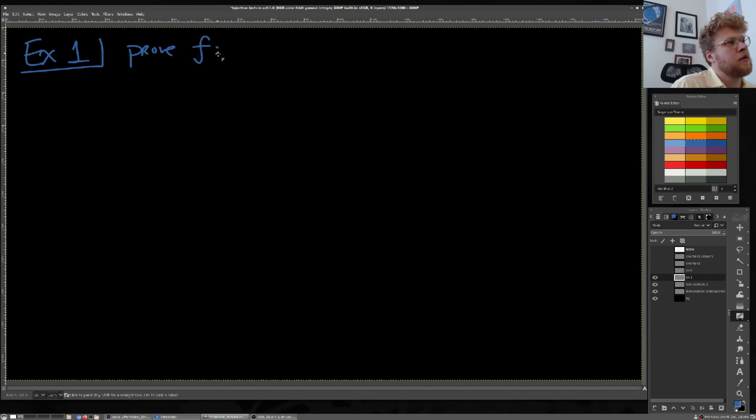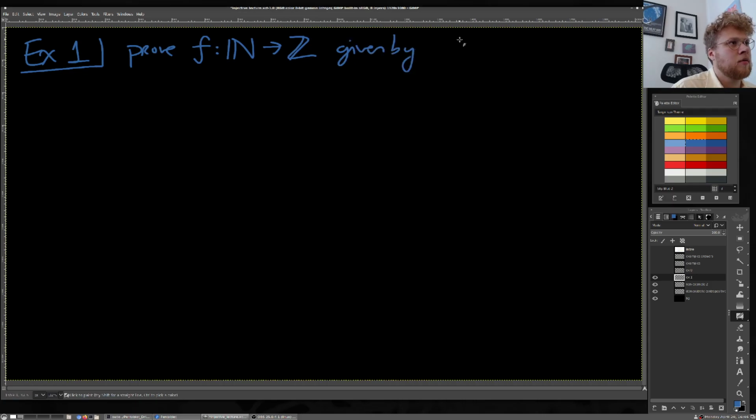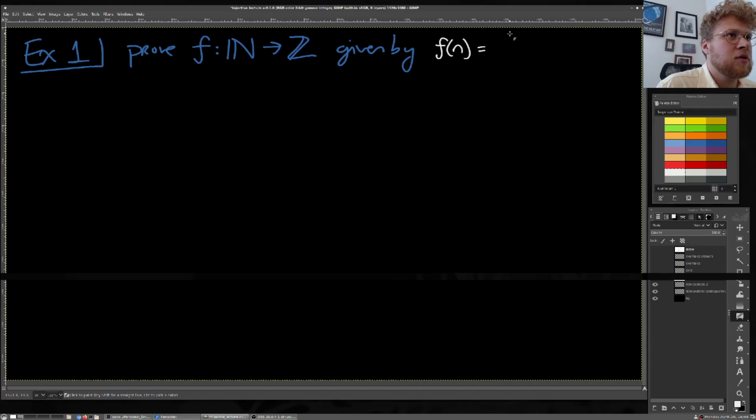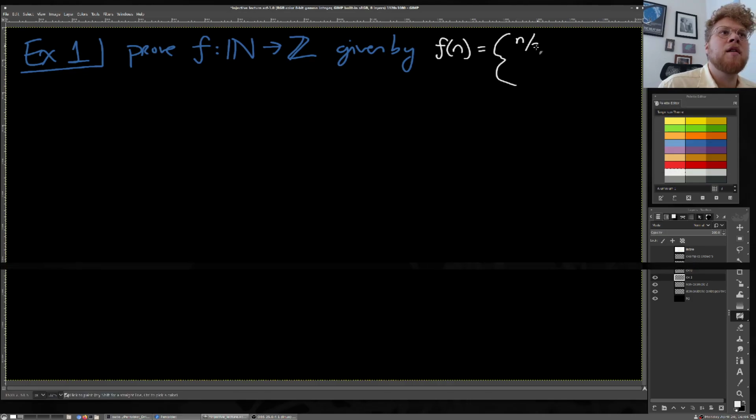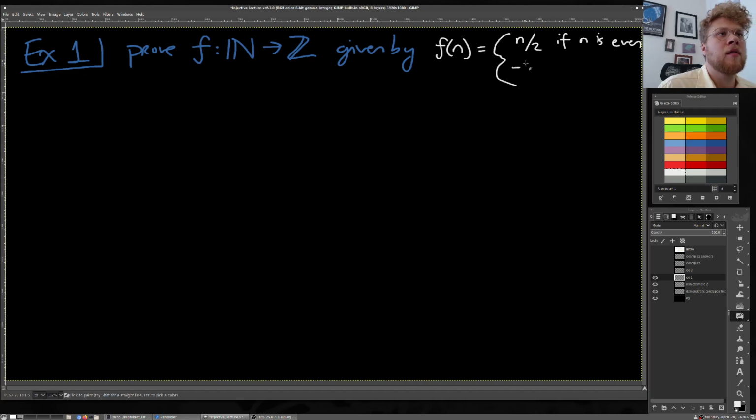Prove the function f from the natural numbers to Z given by f of n equals, go ahead and make it a piecewise function, n divided by 2 if n is even, and negative n plus 1 divided by 2 if n is odd,